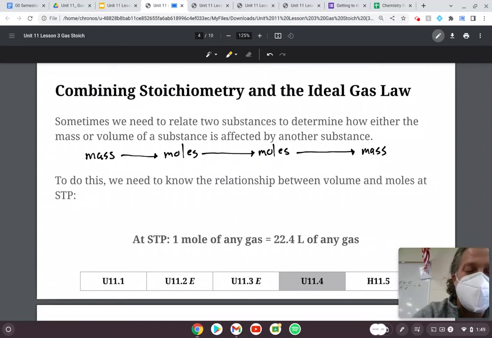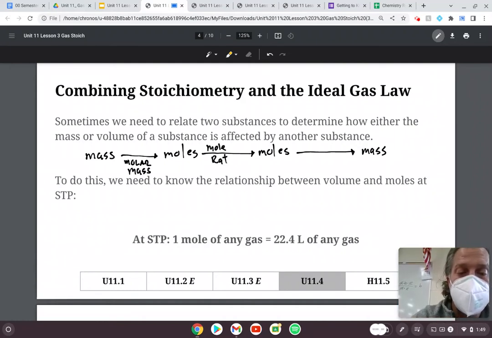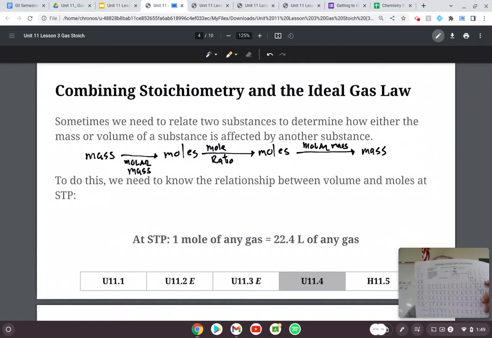When we calculated mass to moles to moles to mass, when we go mass to moles, we need to use the molar mass, which is a value that you can grab or calculate off of the periodic table. When you go mole to mole, we needed to use the mole ratio, right? And the mole ratio comes from the balanced chemical equation. And then when we go moles to mass, we still need to use